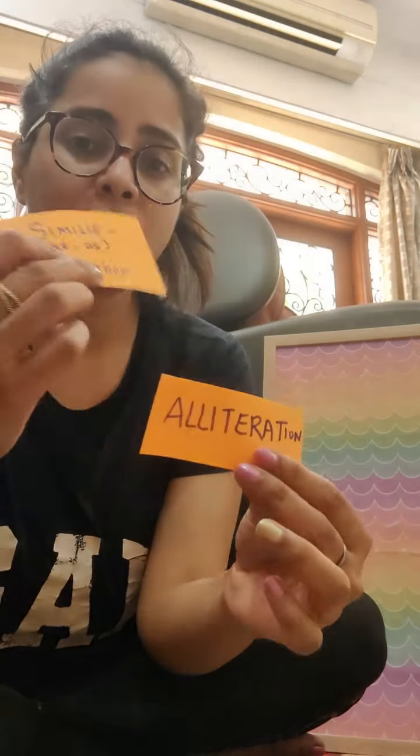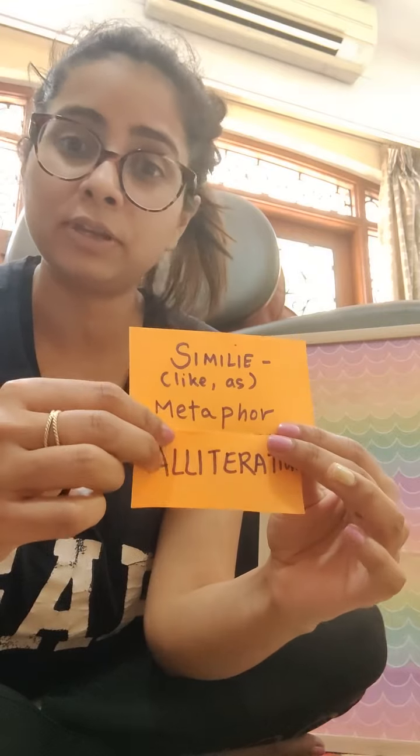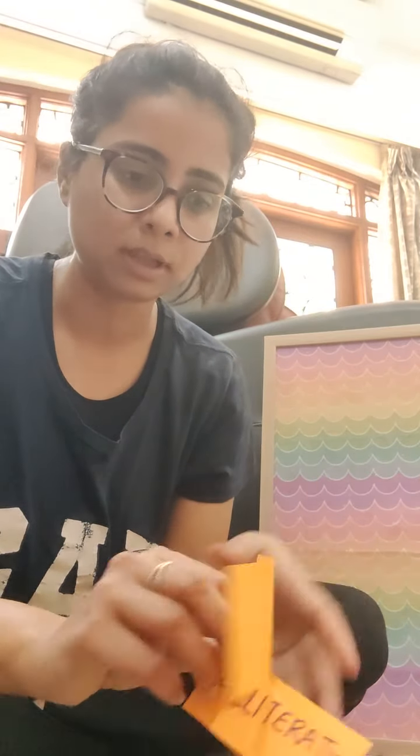So I have made these small chits, and they have all the words, the vocabulary for figurative language. Because suppose after 2 or 3 months, you'll see that your child has forgotten what was a simile or what was a metaphor. So you have to have something that your child can look at, or you can just revise once a while, I would say once a month, depends. But you should have that ready with you, so that you just take it out and go through it.